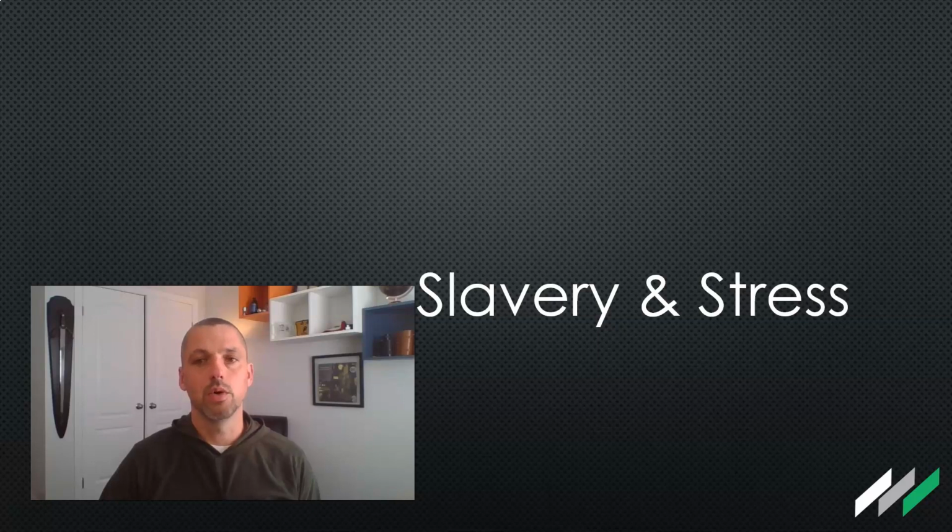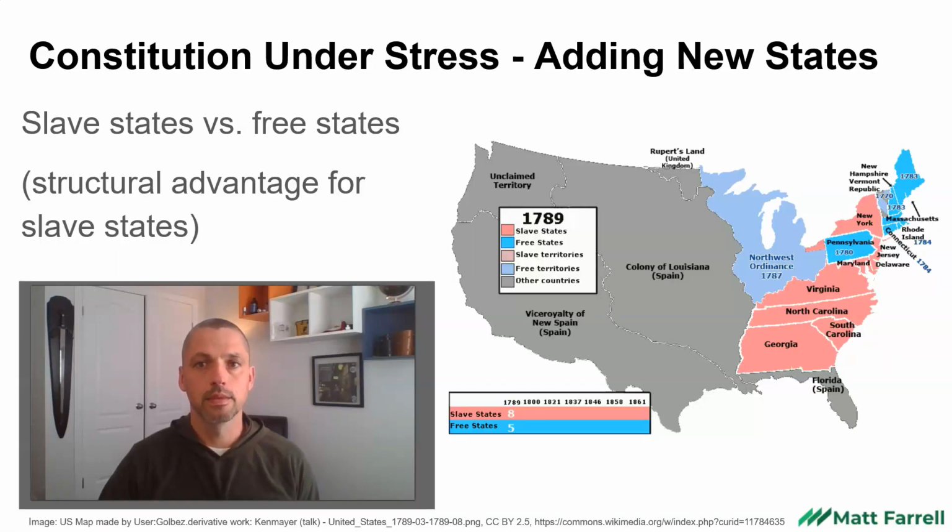In this video, we're going to look at the role that slavery played in the early years of the American Republic. At the Constitutional Convention, there was a dividing line between slave states and free states, each of them wanting different things. In particular, the slave states wanted to ensure that any new government, any constitution, would have a built-in structural advantage for them so that it would not be possible for northern states or free states more generally to